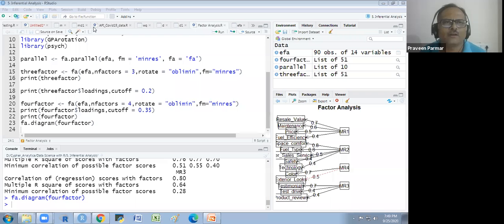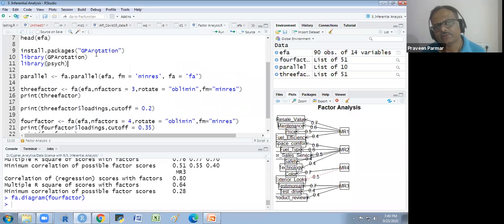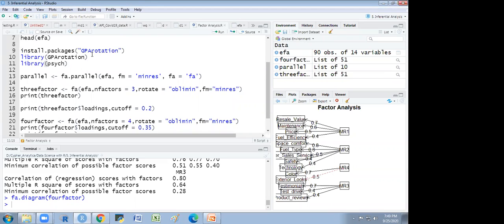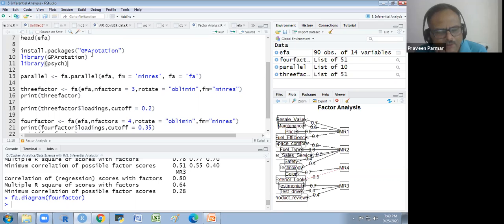I will not explain much of the theory concept of this factor analysis. Just understand that it is for dimension reduction. We have so many variables in our data, and some of the variables have multicollinearity, they are very much correlated to each other. We merge them into one factor, where a similar pattern is seen, where the correlation is higher. In that way we make some factors.